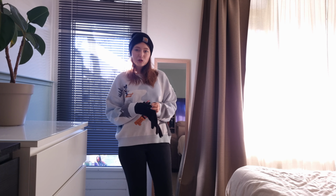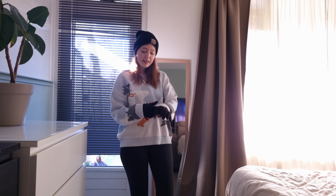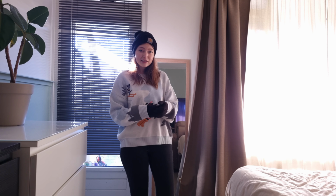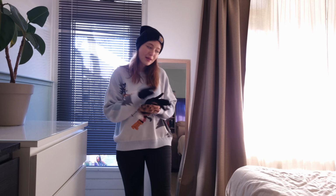I mean, it isn't supposed to be that cold. I just checked the weather forecast and it said that it should be around 12 degrees. Anyway, this will be the outfit for my last day. And I just love how comfy and